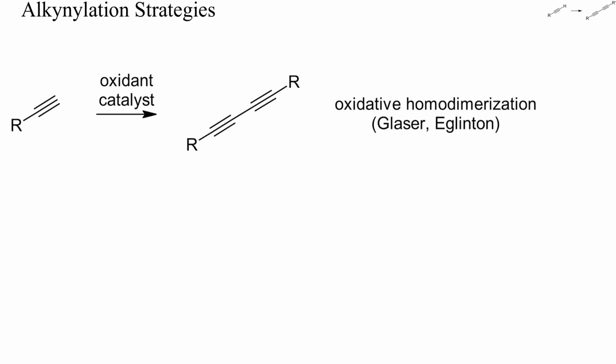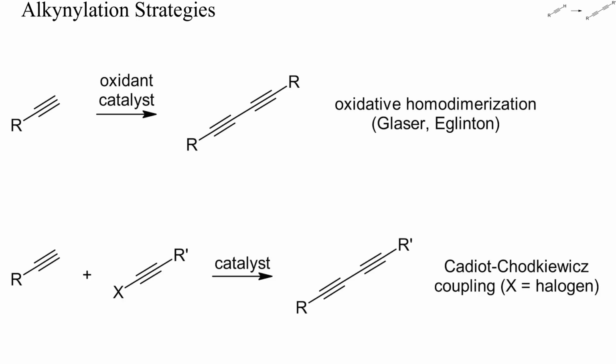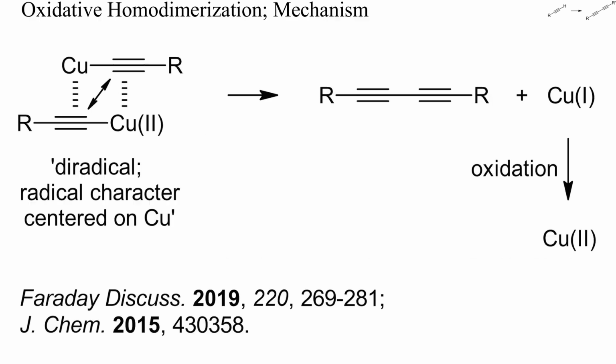Typical oxidants include copper-2, oxygen, and bromoketones or bromoacetates. Unfortunately, I could not find any example with hydrogen peroxide as oxidant, which is much safer and more convenient than oxygen. If a given terminal alkyne is to be coupled with another alkyne, a Cadiot-Chodkiewicz reaction is often the best choice. One of the two alkynes must first be halogenated, for instance by treatment with bromine in chilled aqueous sodium hydroxide, and can then be coupled with the other alkyne.